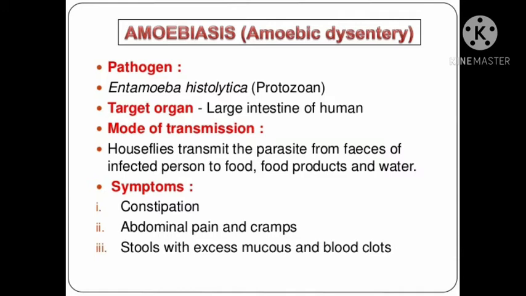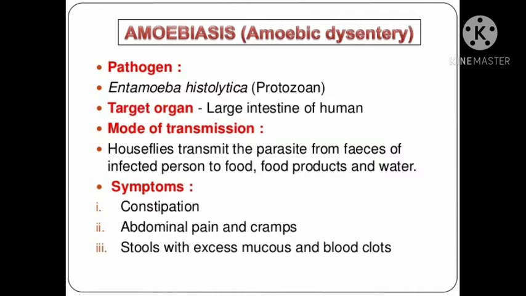The pathogen's target organ is the large intestine of human beings. The mode of transmission is through food, water, and also sometimes soil. The vectors in this case are the houseflies, which will transmit the pathogen from the feces of an infected person to